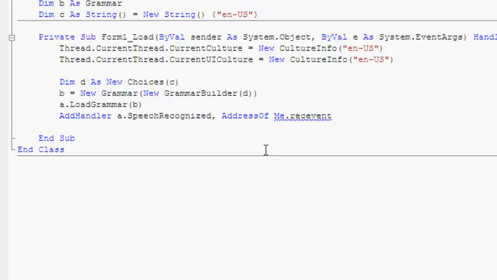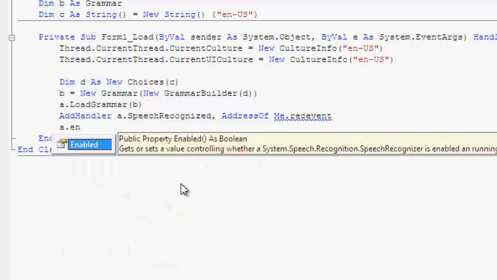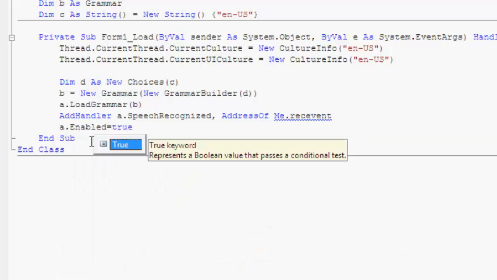Actually we'll use this later on. Then let's A.Enabled must be equal to True.